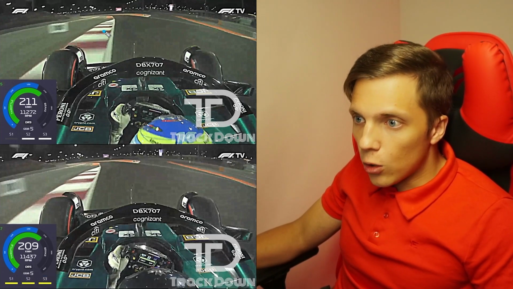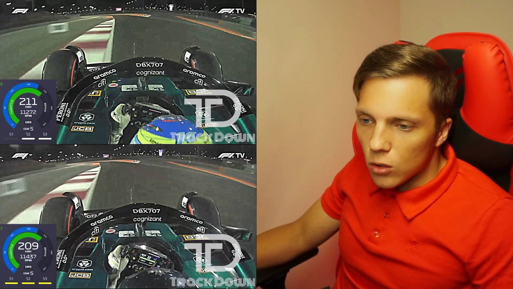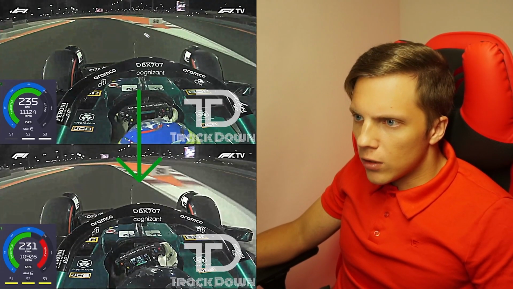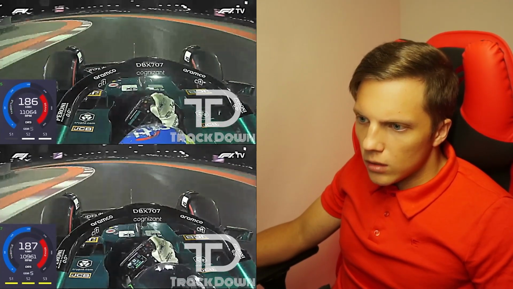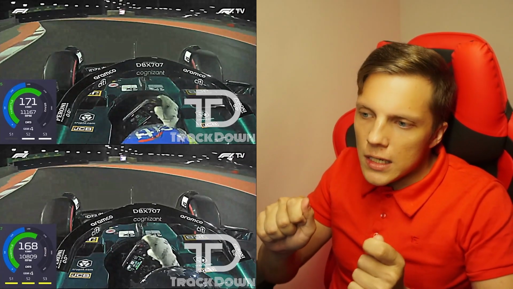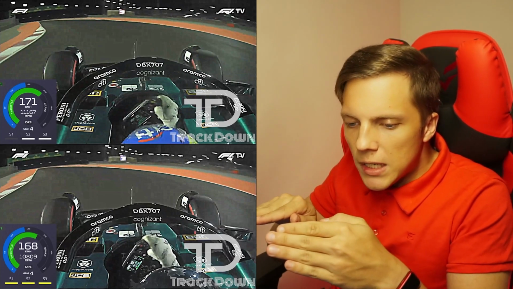We see right now he's a bit ahead of Fernando, but from now on things will start to fall off. So we see for the second corner Fernando will brake a little bit later, which is understandable. We also see Lance turning in earlier than Fernando, but Fernando starts turning in a bit later on.